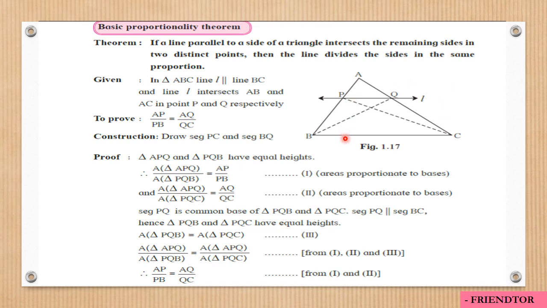Okay, clear? Now we use the construction that we made and we consider these two triangles, that is PQB and PQC. These two triangles lie between two parallel lines, hence their heights are again equal, and they have a common base, that is PQ. When base and height both are the same, then their areas are equal. So here, since the areas are equal, we get that the RHS part of both the equations are equal, and hence this is also equal. Simple. Okay, so once again go through this proof, try it out by yourself, and then you will understand. It's a very basic and very simple proof, and very important as well.